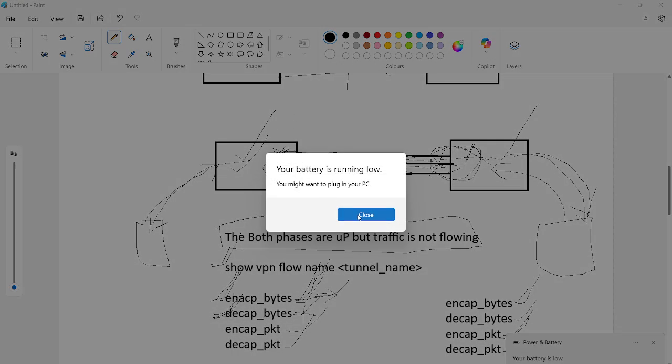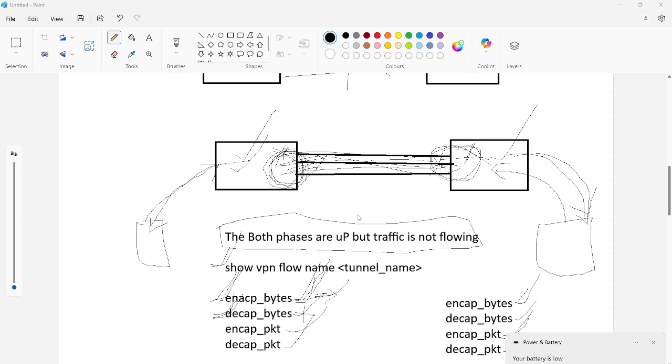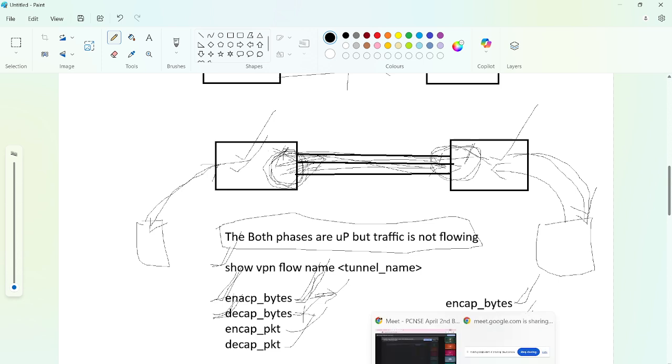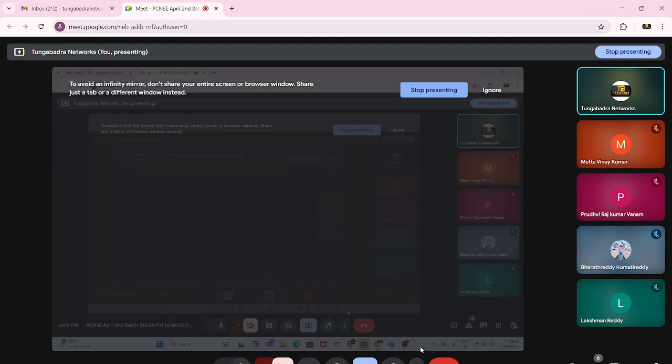Okay, just a minute guys, I will connect my charger. Yeah guys, can you hear me? Okay,